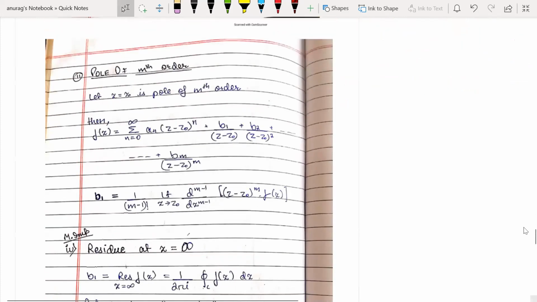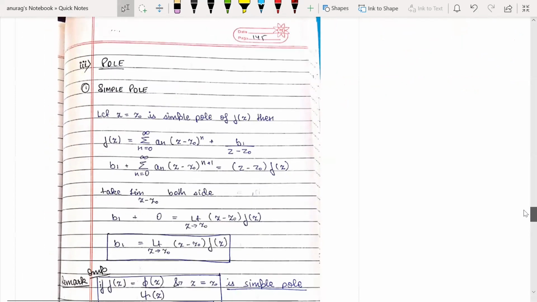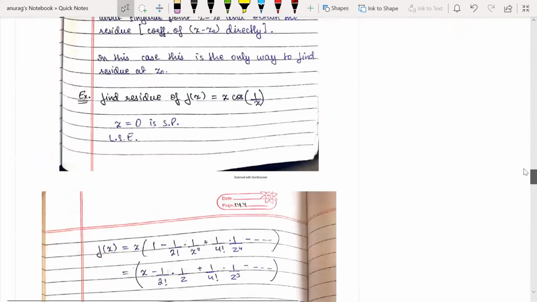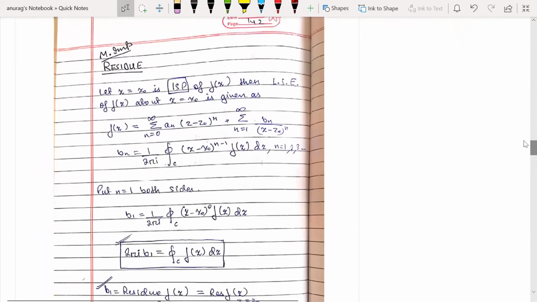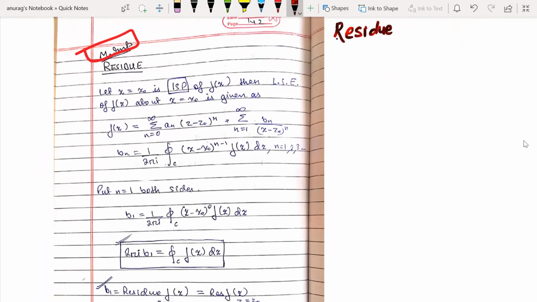Okay. Now I'm going to study one of the most important topics of this complex analysis module, that is called residue. Most important. You will get many questions based on this in the GATE exam, ESE exam, and your BTech exam. What is residue? Let z equal to z naught be an isolated singular point. It can be a removable singular point, it can be a pole, and it can be an essential singular point. So there can be any possibility here.